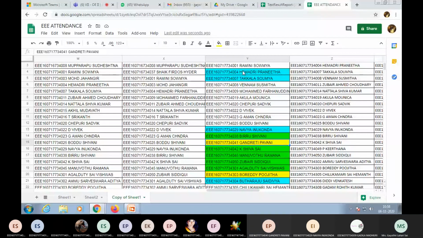4045. Ramana is also not there, ma'am. 50 is also not there, and 301 is also not there in the class right now. So what should I do with this? Tell them that ma'am is asking. Yes, ma'am, I'll post a message now. Ask them to give an explanation for this. Okay, ma'am, definitely.